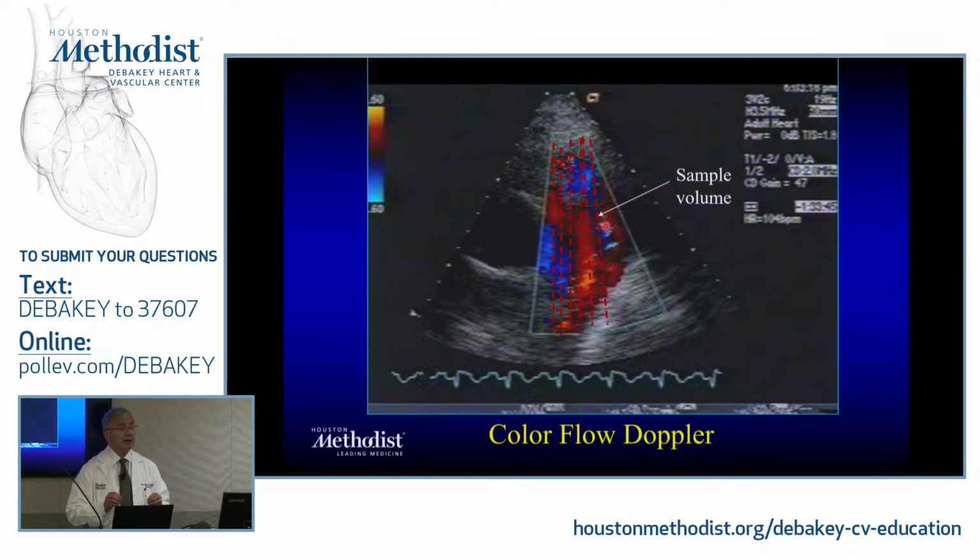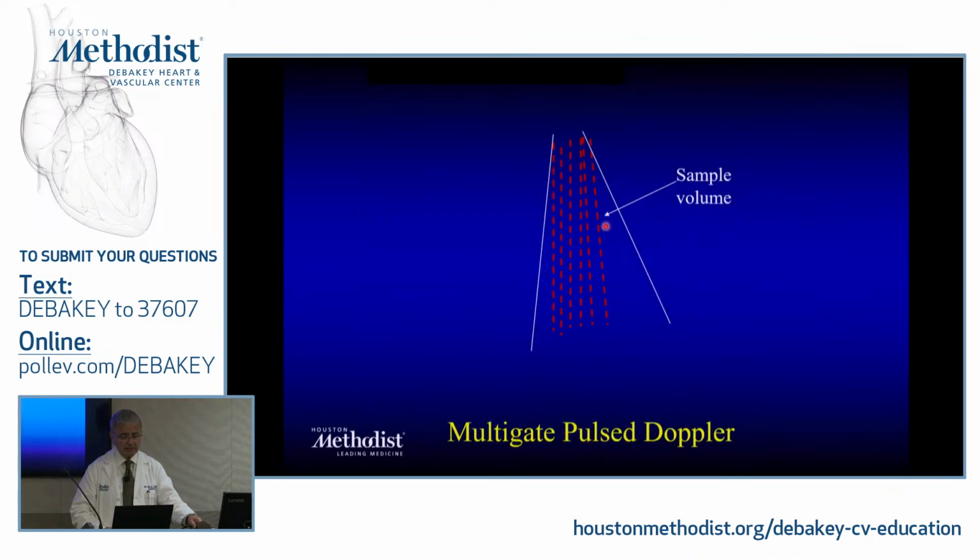Therefore, I'm not going to be able to use a fast Fourier transform because I don't have time. Just imagine, I have to resolve every little area to tell me where the flow is going. So I get an autocorrelation estimate of a mean velocity or a mean frequency shift occurring in this area. So you're not able to determine actual velocities when you alias. If it goes above 60, it's going to wrap around, and that's why in high jets you're going to see some aliasing.